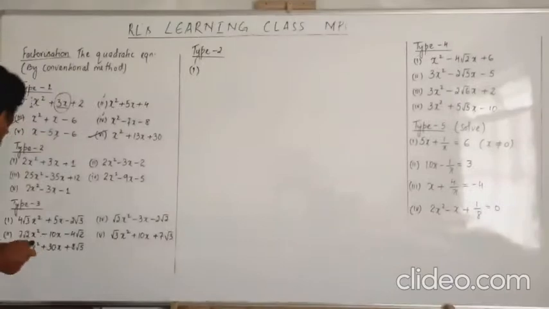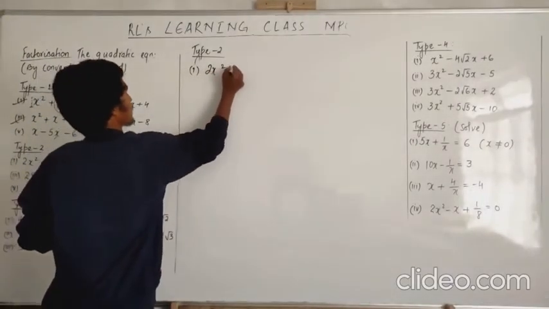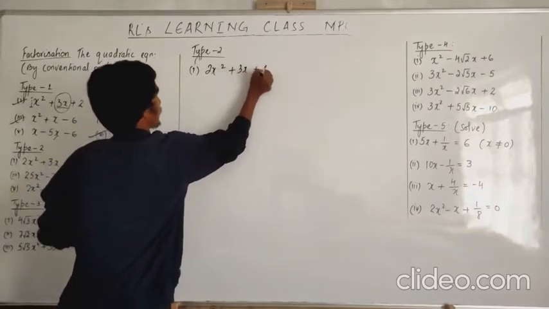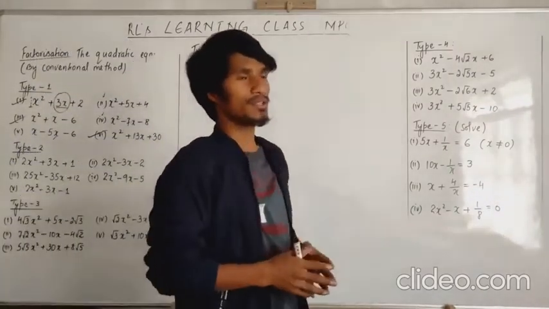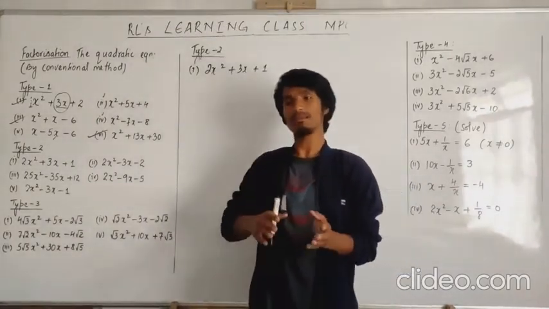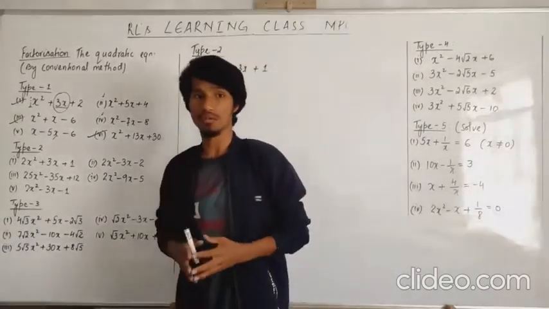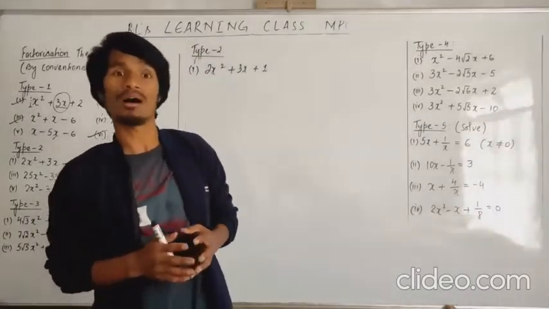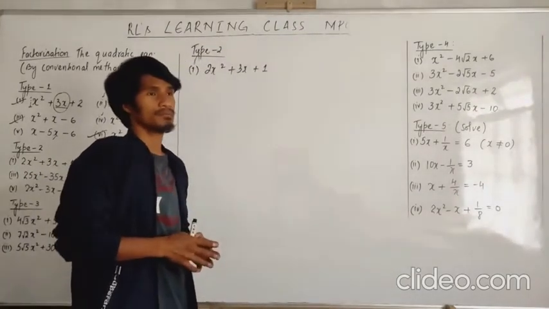Question number 1: 2x squared plus 3x plus 1. The teachers solve question number 1 and number 2. Then the teacher says to the student, okay, the rest of the questions you do on your own. Then maybe in the below questions, number 3, 4, I'll have some confusion. And the student says, sir, we don't know how to solve, we didn't finish the homework. Why? Then the teacher says,